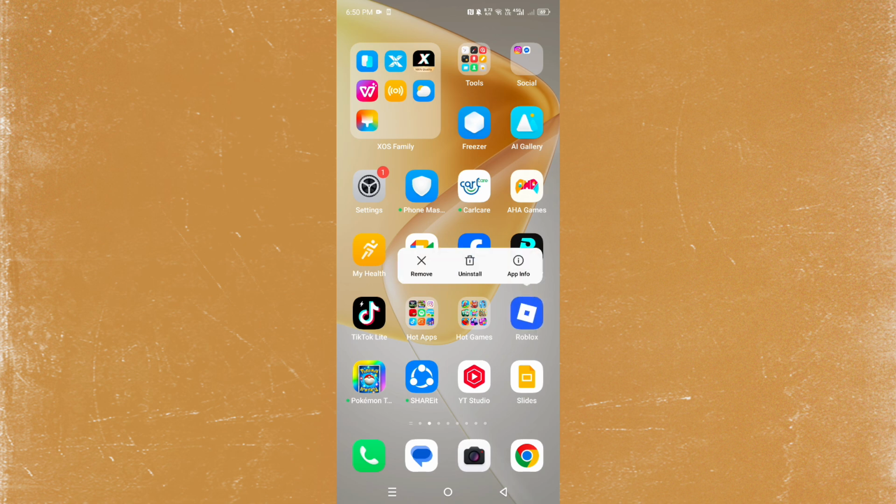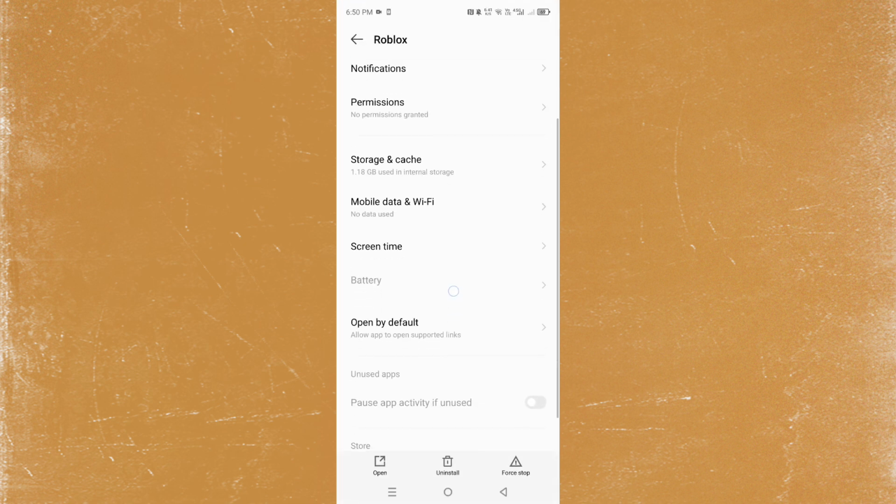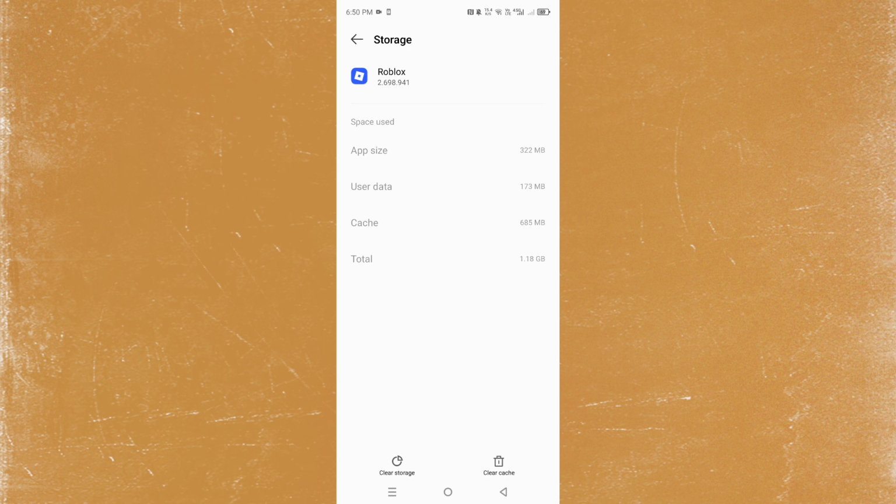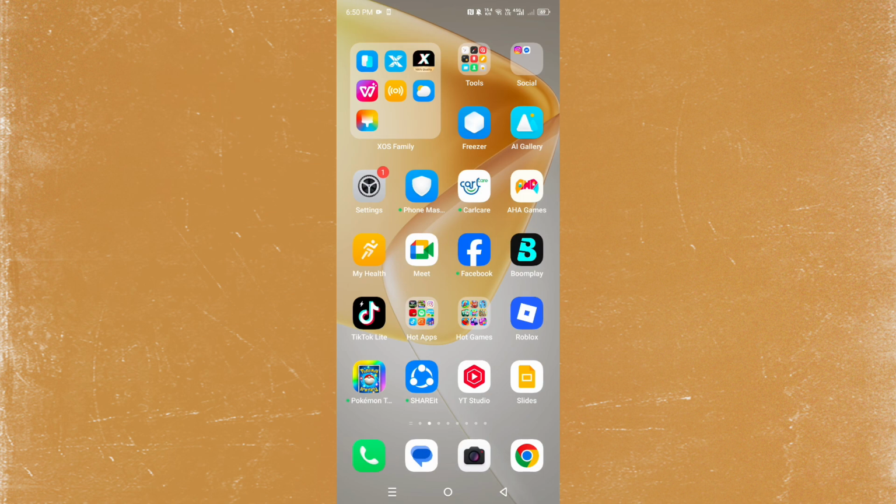You just hold the Roblox app, click on app info. What I want you to do is click here on storage and cache, come here, click on clear cache, clear all the cache, and then try relaunching that experience. It should work. But otherwise, what you go ahead and do is create a new account, okay, and use a